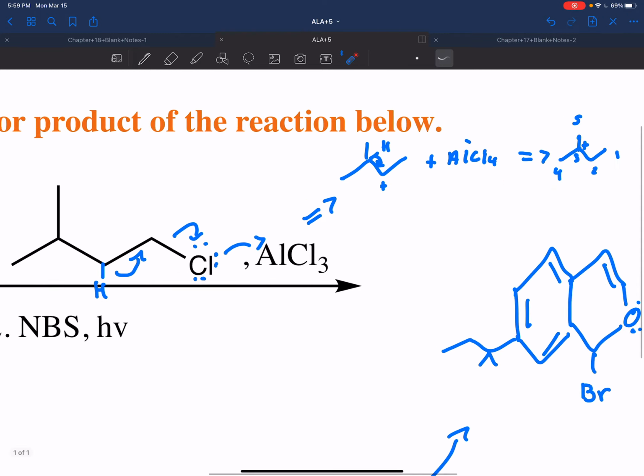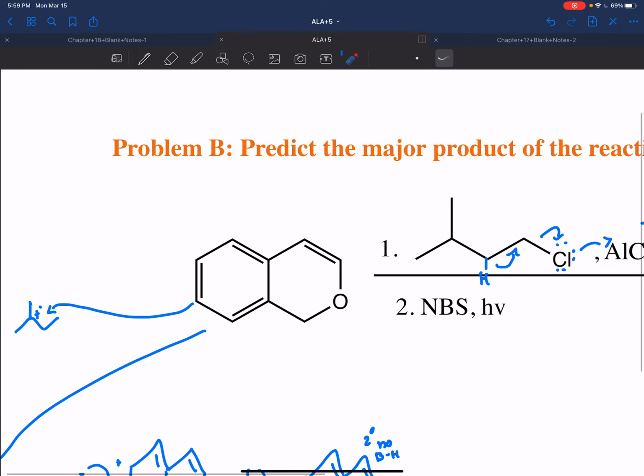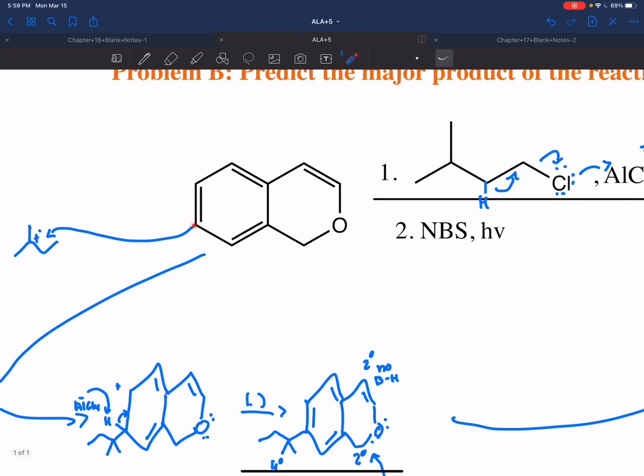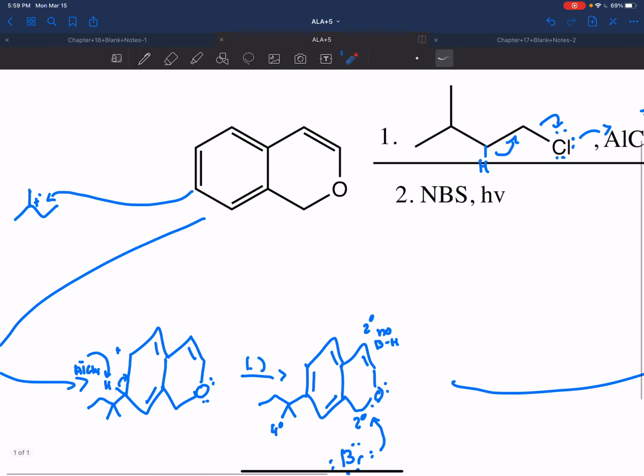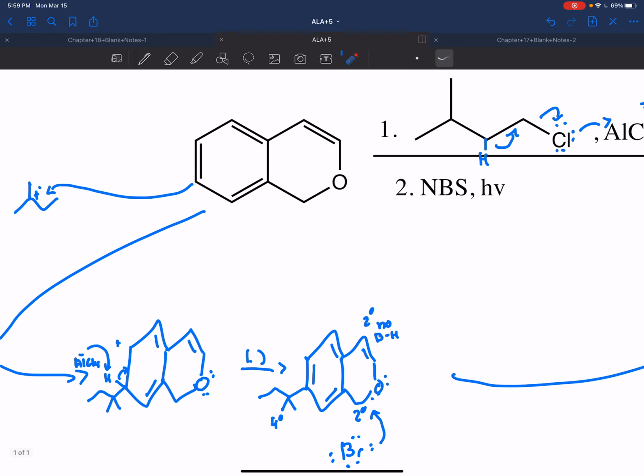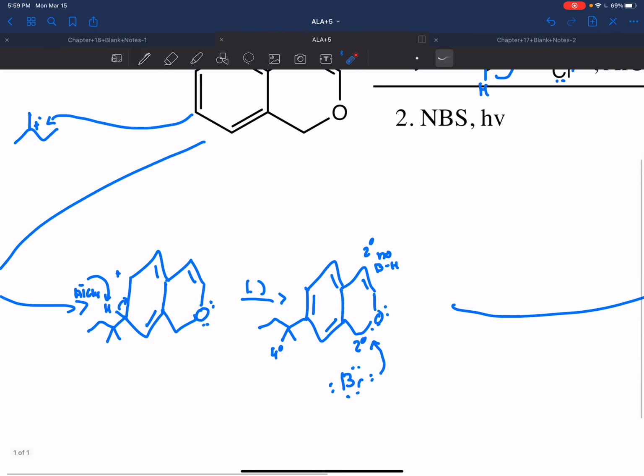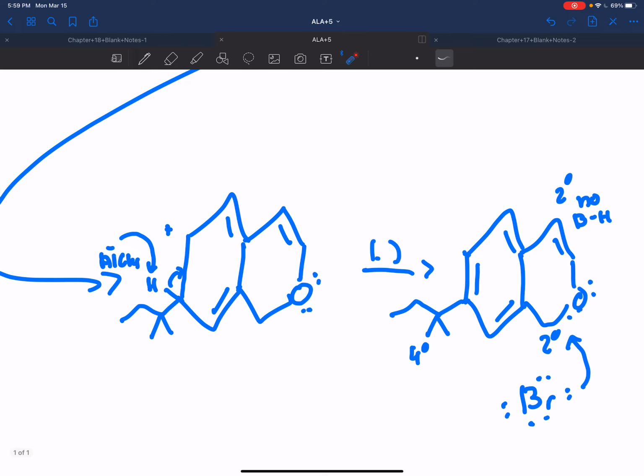Coming back to my starting material over here, this carbon will use the lone pairs right here to attach itself right there, leaving a positive charge over here. The reason being is, again, this is my stronger activator, and an alkyl group is a para-ortho director. So since there's nothing on the para side right here, it will attach itself right there. Going back down here, it will leave the positive charge up here, the cation,